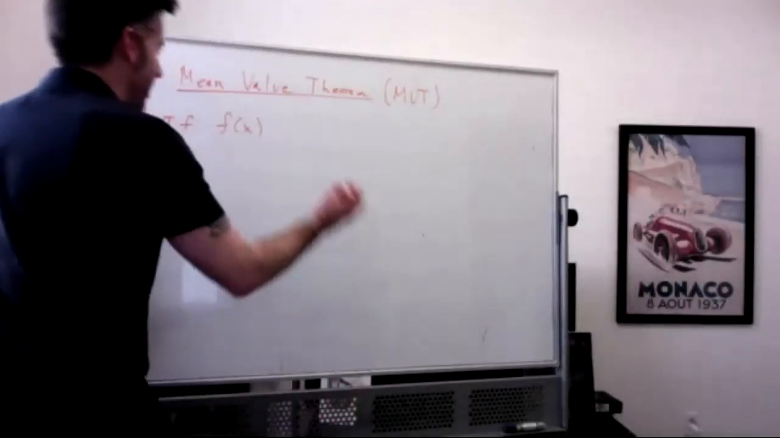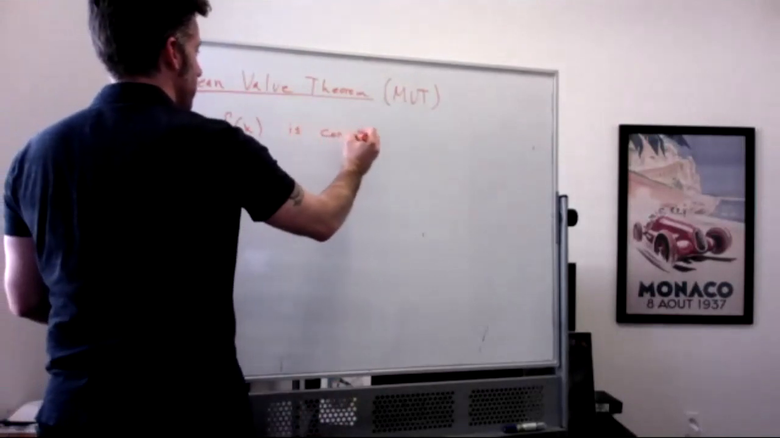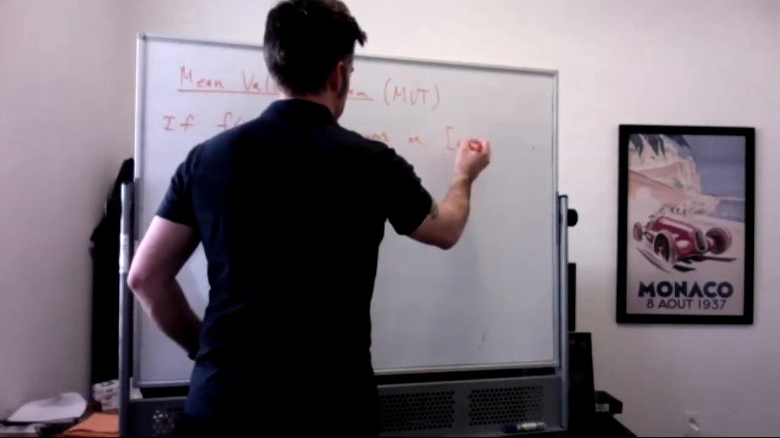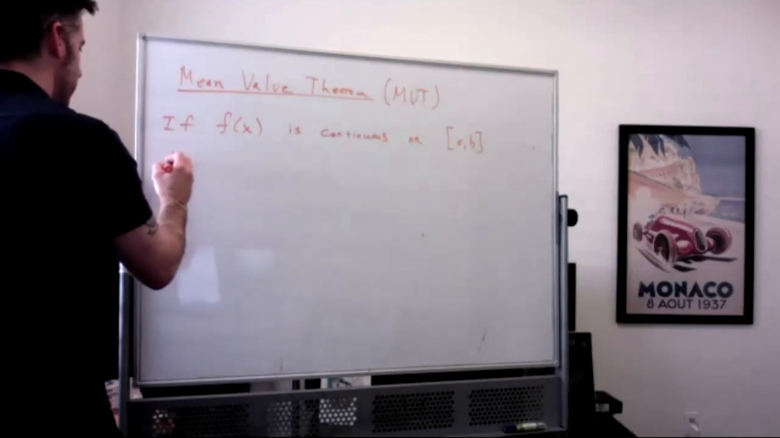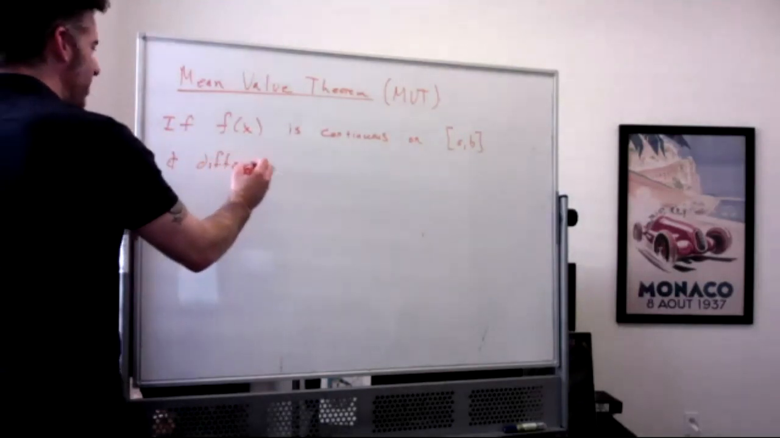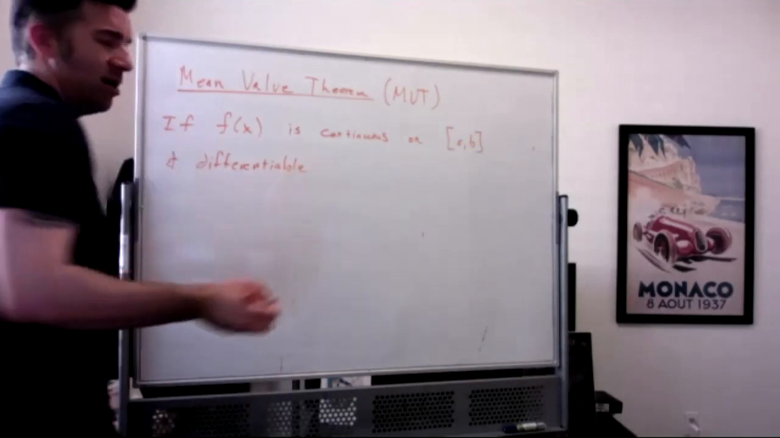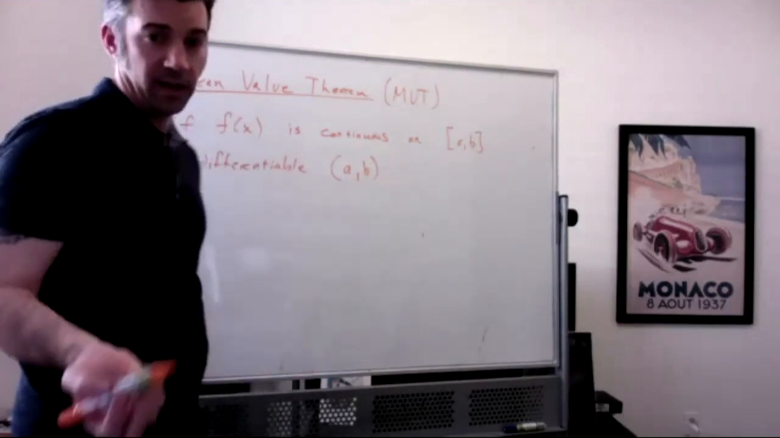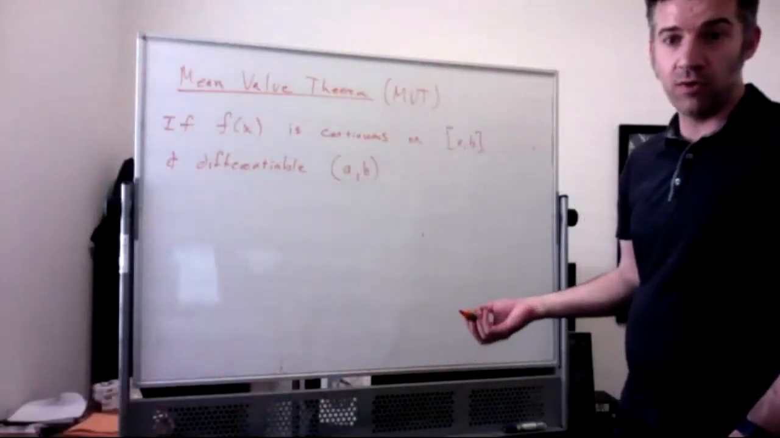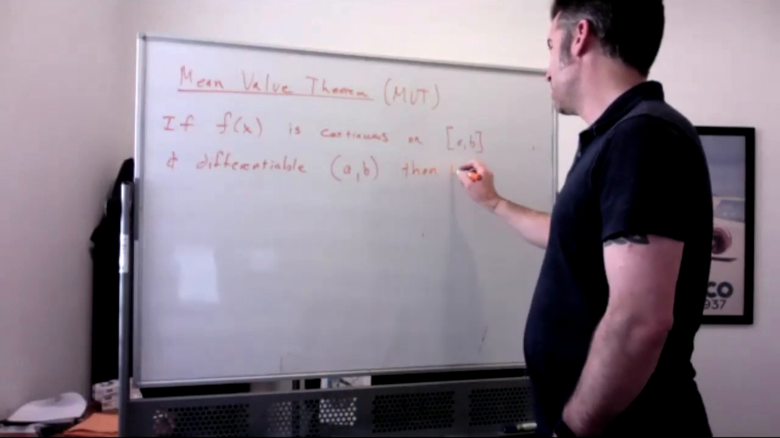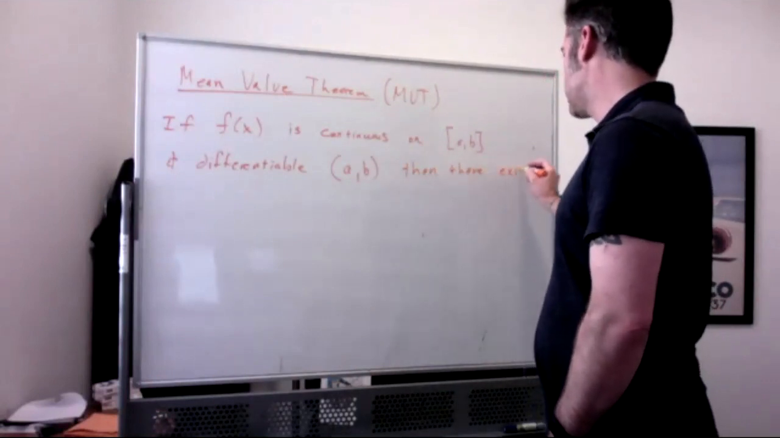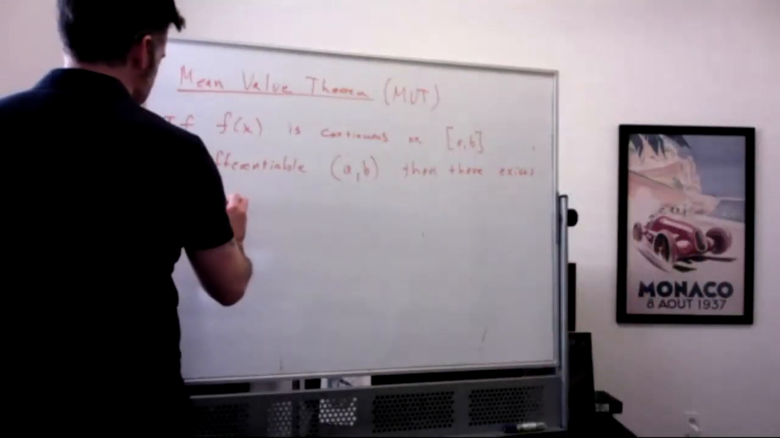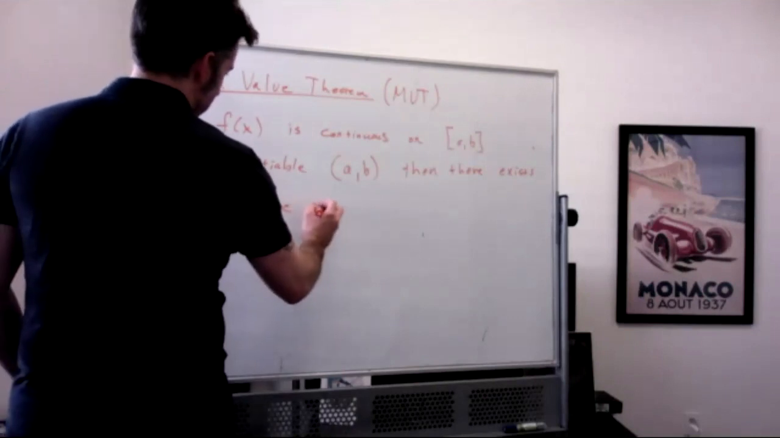So sorry. f(x) is continuous on the closed interval and differentiable. It actually doesn't have to be differentiable at the endpoints, although it usually is. We don't need differentiability at the endpoints. It will only be differentiable on the open interval from a to b. If those two things are true, then there exists at least one point, although there could be more, which we usually call c,